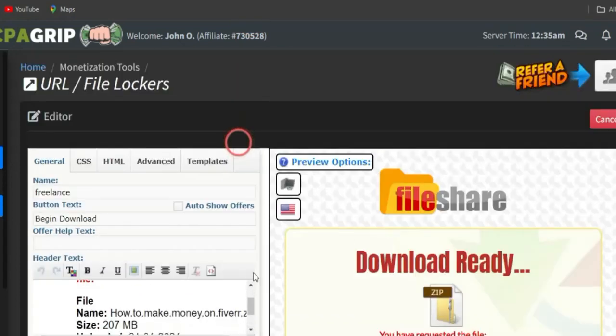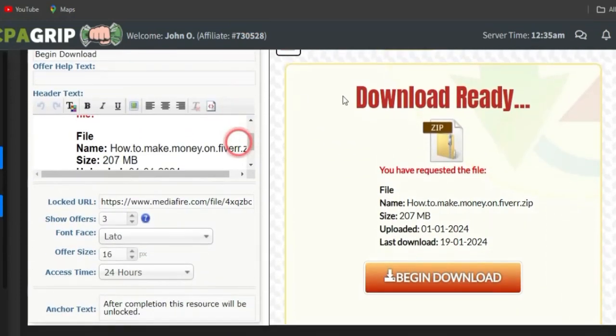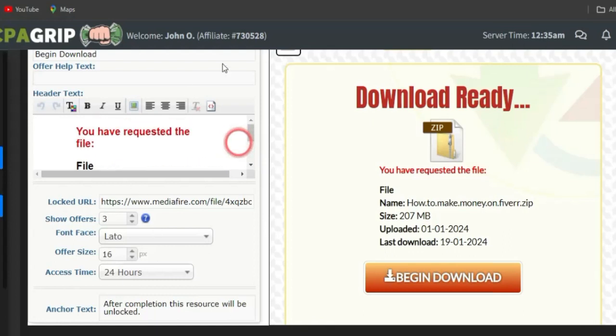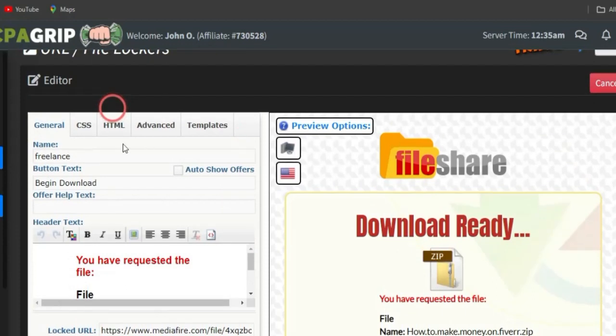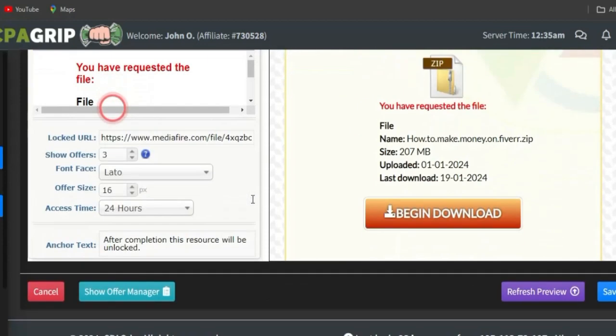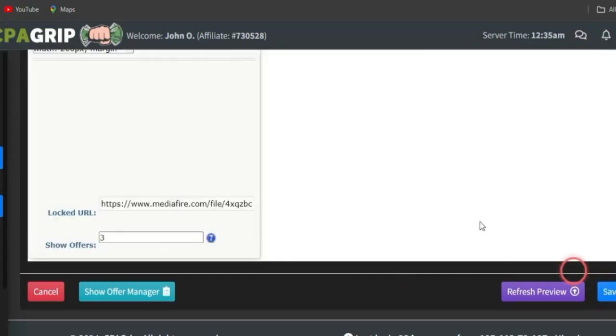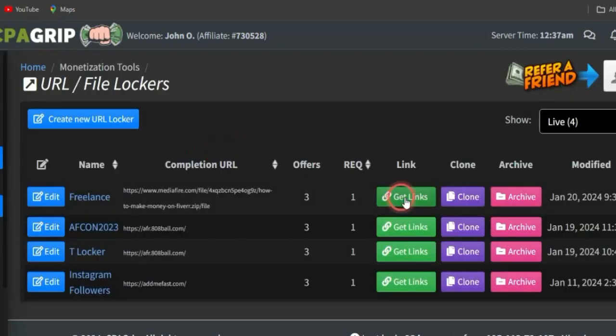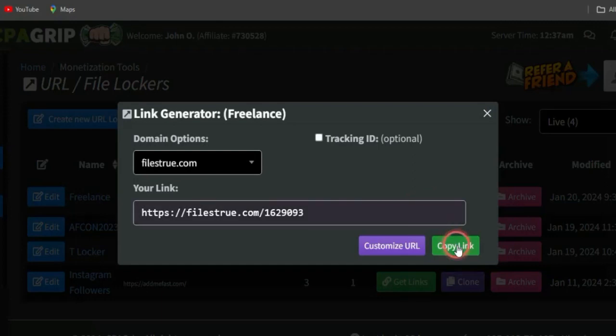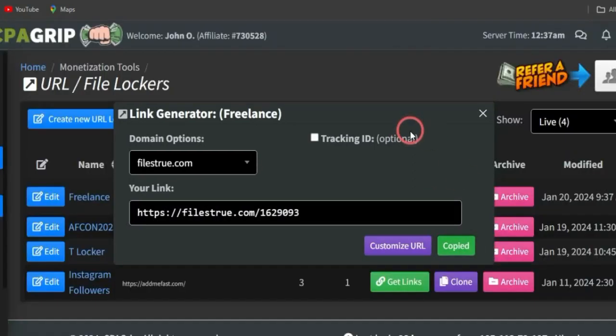So you can see right now, I've successfully gone on to editing every section to fit into that ebook right here: the size, the uploaded date, the name, the last downloaded date, and every other section right there. You could also see that even the title, I actually named that Freelance. Once you're done with that, you could just simply click on save. And once you do click on save, your URL file locker will be created. Click on get link. You could copy the link to your URL file locker and go on to creating a